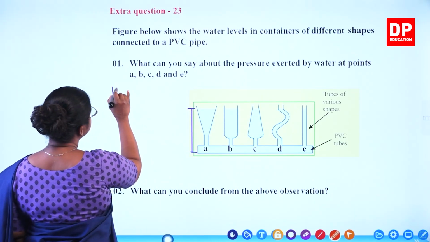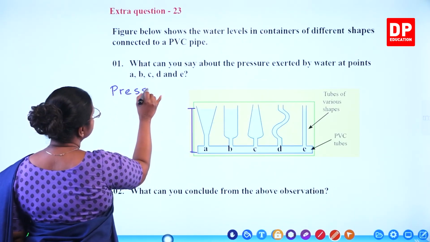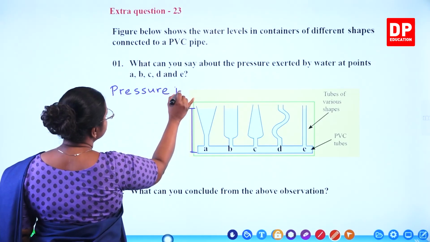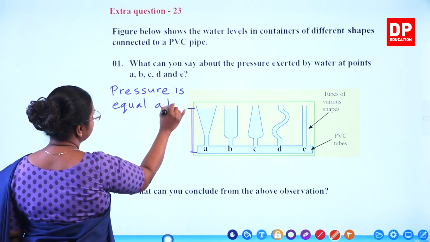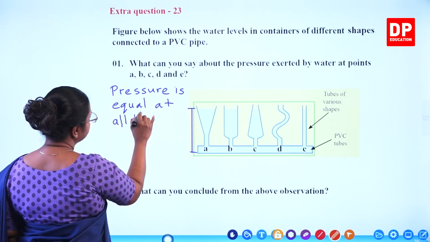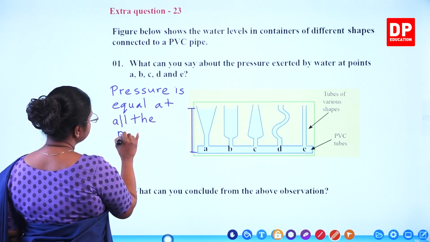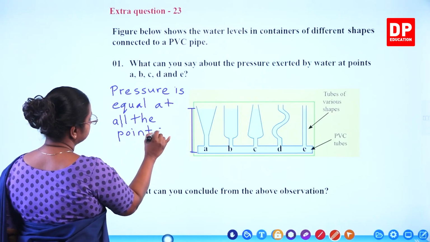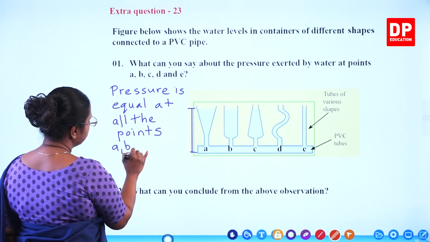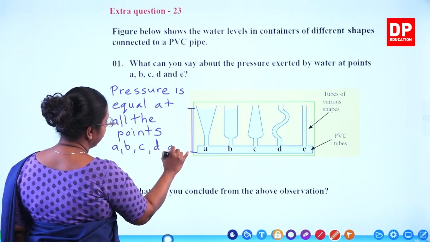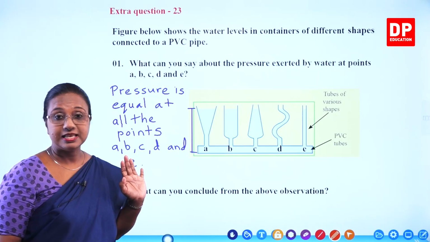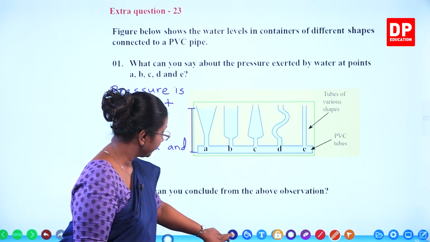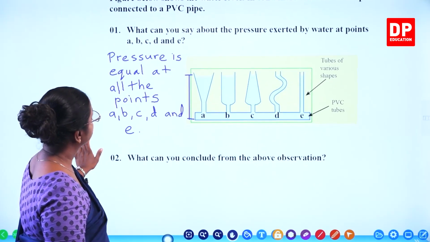Pressure is equal at all the points A, B, C, D and E. So that is what we can say from this. Then the second question,